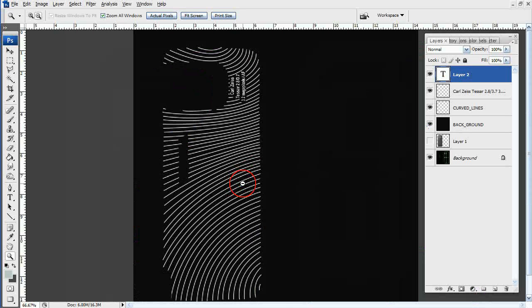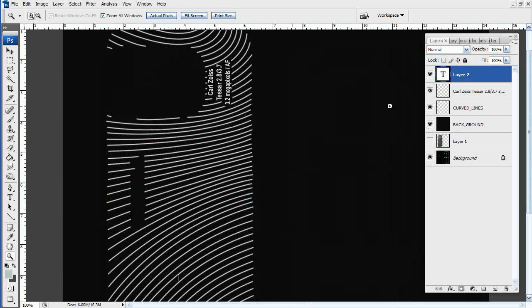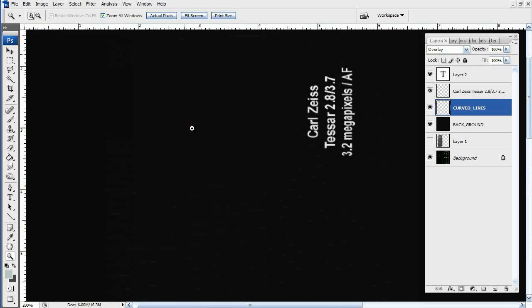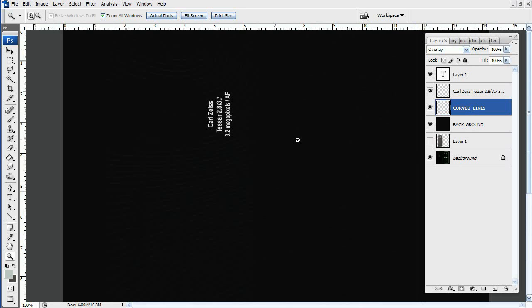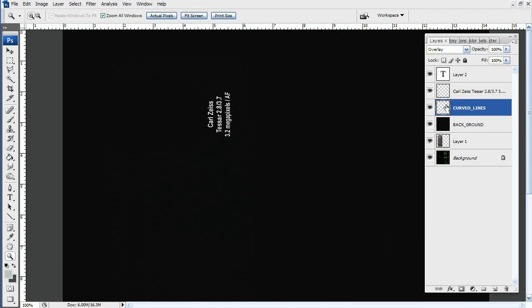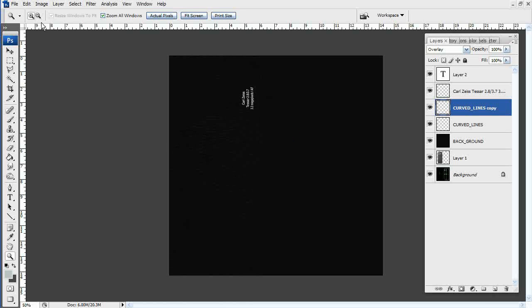Alright, unhide all like so, and go to the curve lines and set the blending mode to overlay. Yes, you can see them, but they can see you. That was pretty lame. Okay, now copy it by holding and pressing Ctrl J on the keyboard,